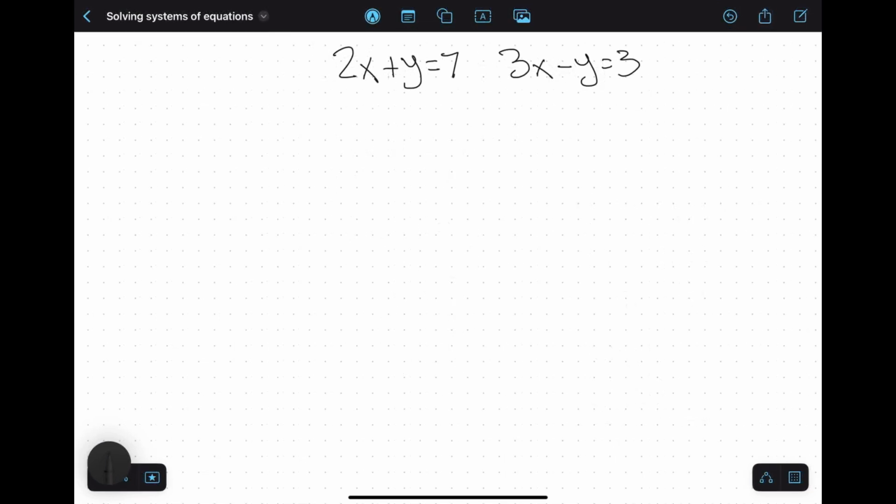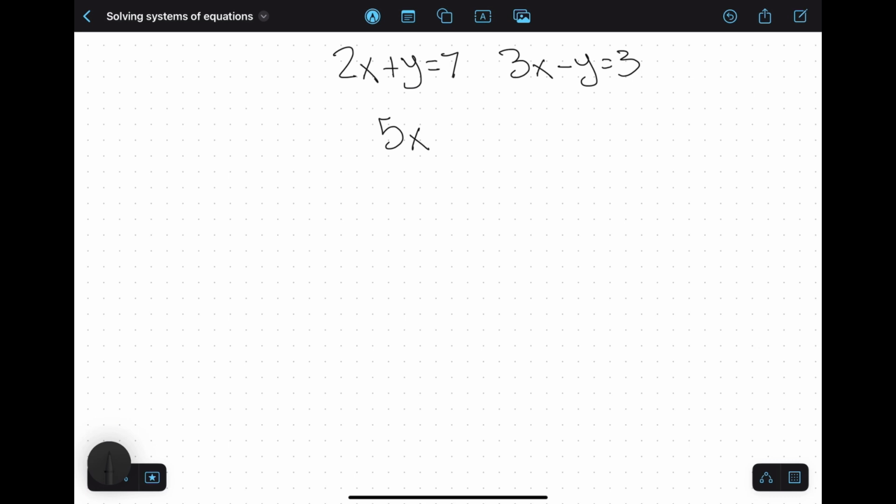Now, let's check out elimination. Great when both equations are in standard form. Our first equation right here is 2x plus y is equal to 7. And our second equation is 3x minus y is equal to 3. Our step 1 is to add the two equations, and look what happens. So here, if we add 2x plus y equals 7 and 3x minus y equals 3, then we will get